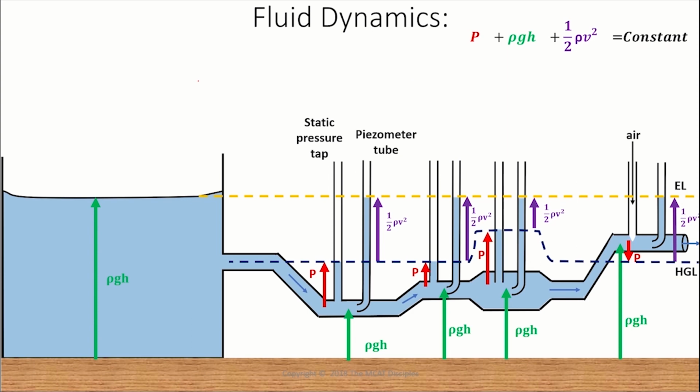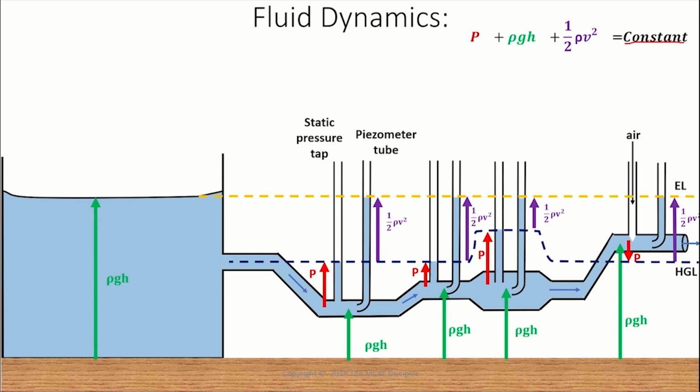Alright, so here's a figure that really puts everything together for us and really helps us to understand the difference between having a tube in line versus having a tube at a 90 degree from the fluid movement. So remember, pressure plus rho gh, the elevation head, plus 1/2 rho v squared, the velocity head, is constant, or the piezometric head is constant. So here's the piezometer line, or the energy line, and you'll notice this yellow line doesn't change at all here. So we'll start out with complete potential energy, which is shown here as rho gh, this green arrow, and we'll go here and see what happens as we change area or velocity or height.